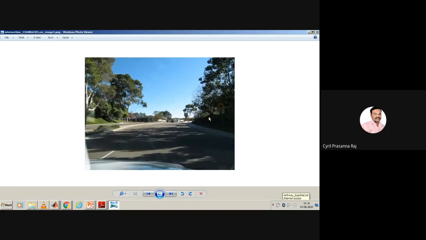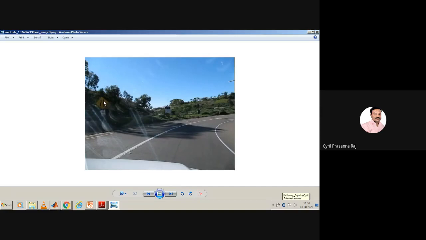Now this is another sort of image. There is no traffic sign available here. But still you have to see whether we can process such kind of images. Now maybe some traffic signs. If you see this image, there is a plus sign here. This plus sign is not visible completely because there are a lot of trees in the background. So we have to see whether we can even identify these images.